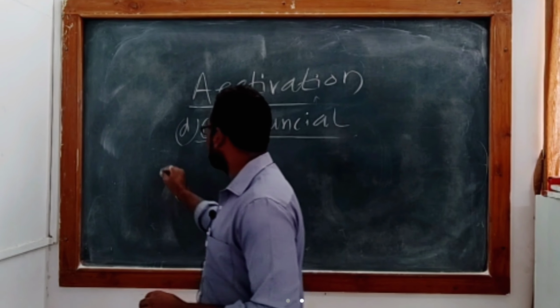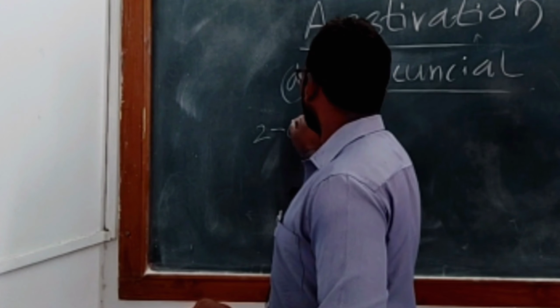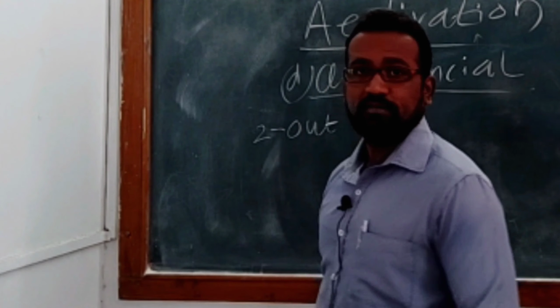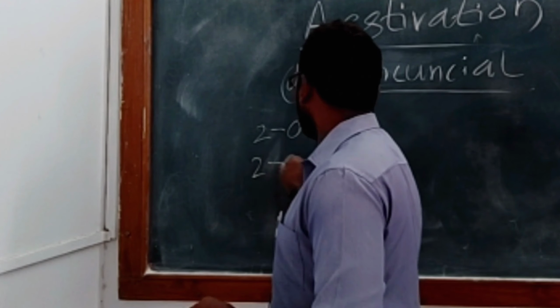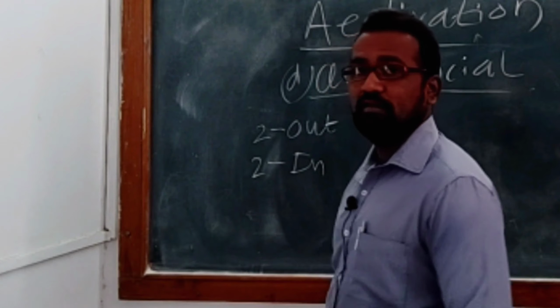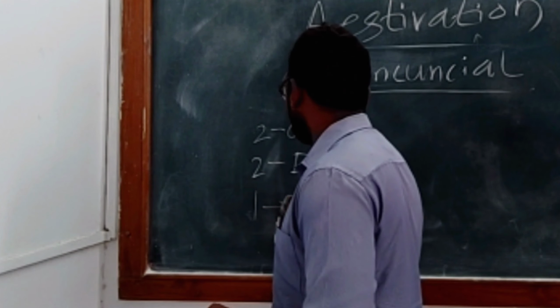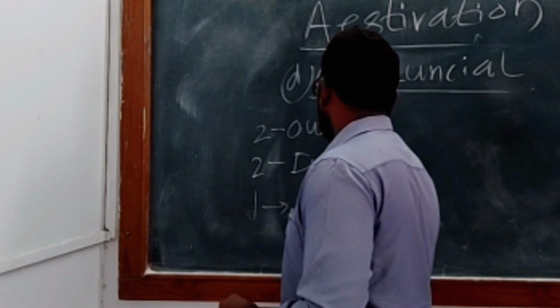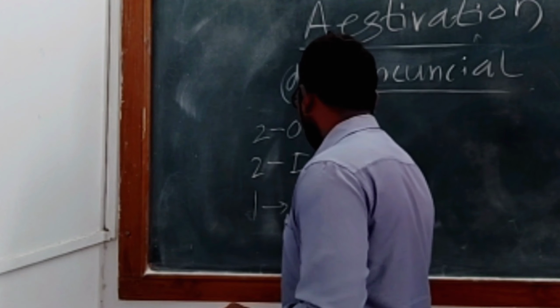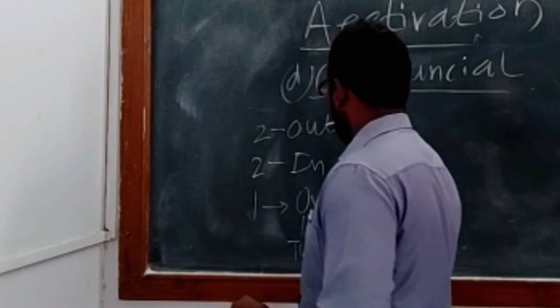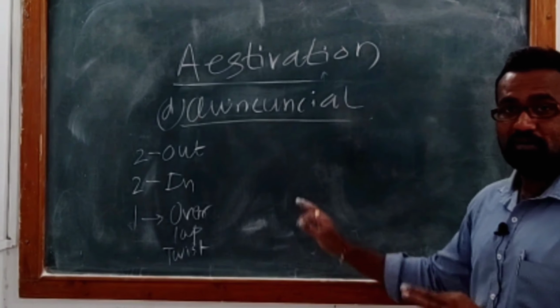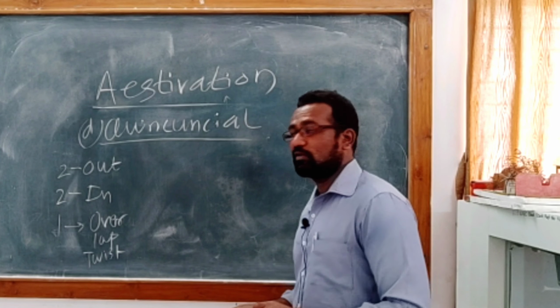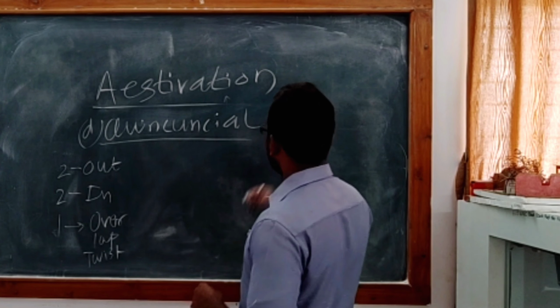Here you have to remember, 2 are completely outside, 2 are completely inside, and 1 must be overlapping or twisted, we can say. So according to the guideline, if you are going to draw this, you will find